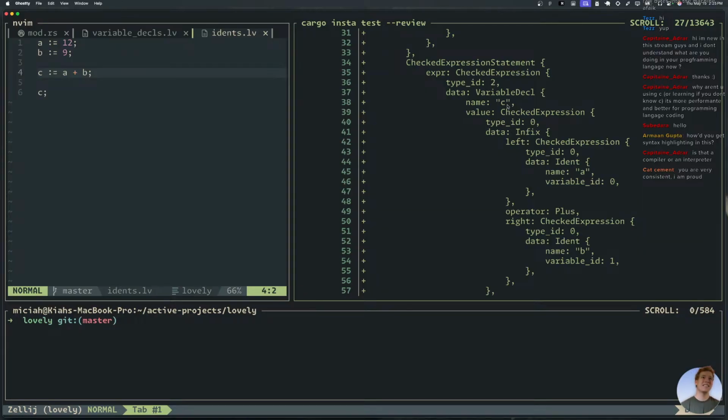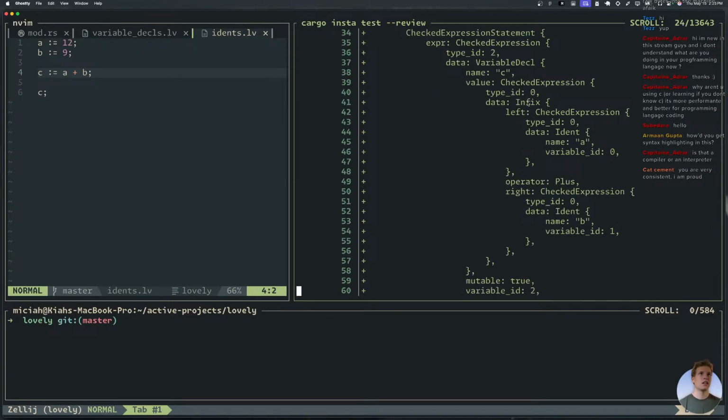We make C equal to, oh, this is where the magic is happening. It knows that this is an int because it has the type ID on it. The result of A plus B is also an int, okay? And the data, infix, the left, oh, it's totally working. Look at this. This is amazing.